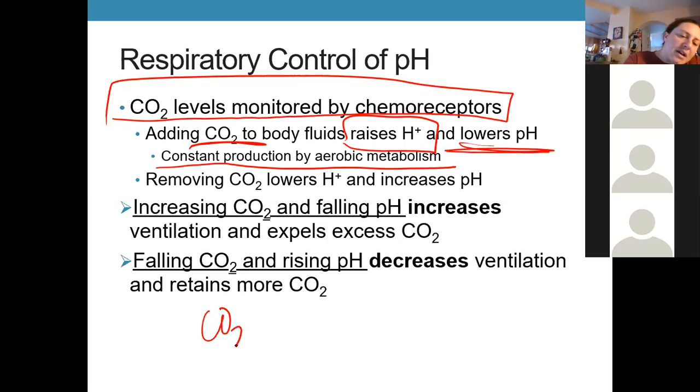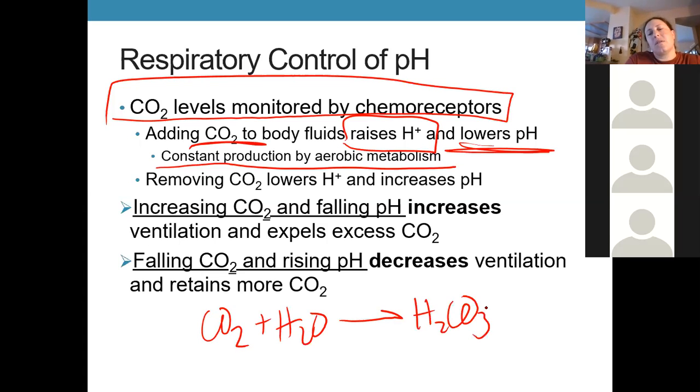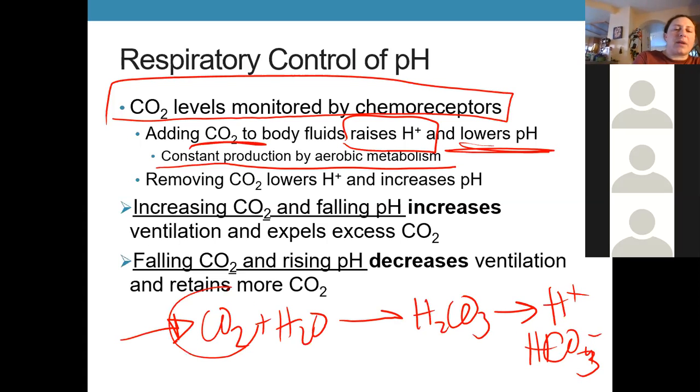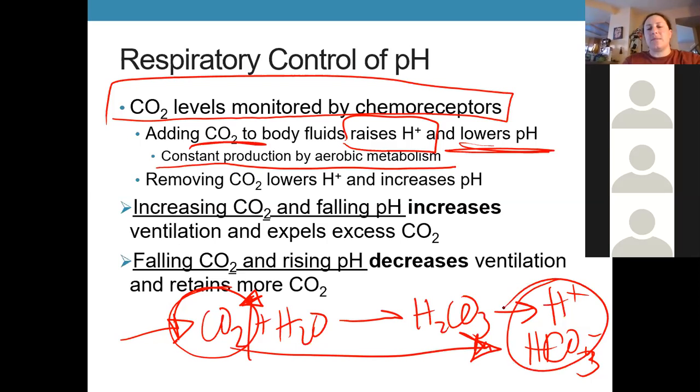So this occurs because this equation gets forced towards the bicarb level if we keep adding a bunch of carbon dioxide. When we increase it here, everything kind of moves down the gradients and we end up with more of this, okay? So because of that, more carbon dioxide means more acid and vice versa, less carbon dioxide means less acid